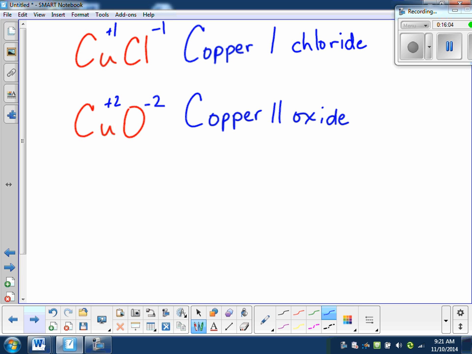Now, I don't know if this compound is even possible, but I'm going to throw another copper one on there, and see if you can figure out which form it's in. This one's a challenger. What form is this copper in? By your periodic table in grade 9, we're not going to go past what your periodic table says that I gave you. So what are the two possibilities? It can either be,